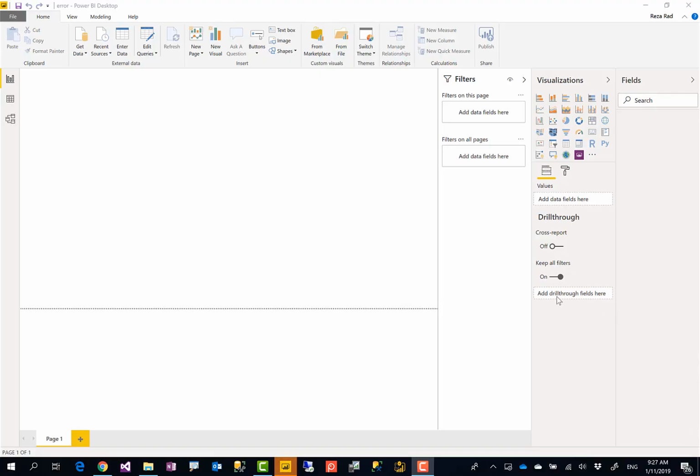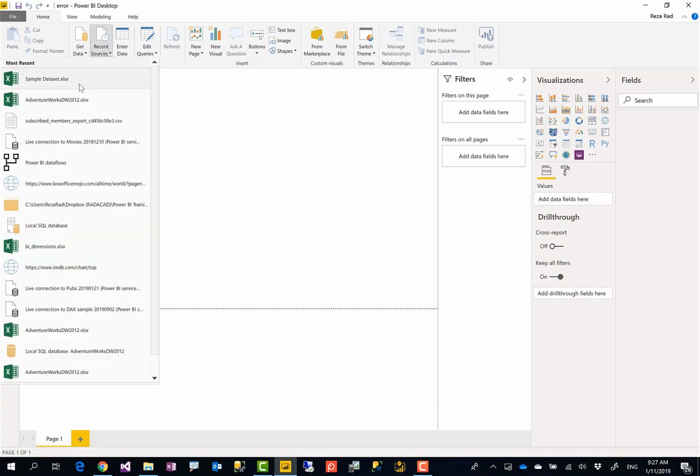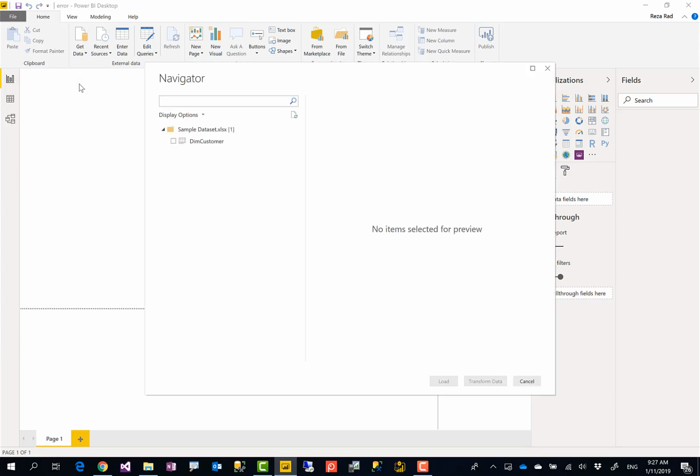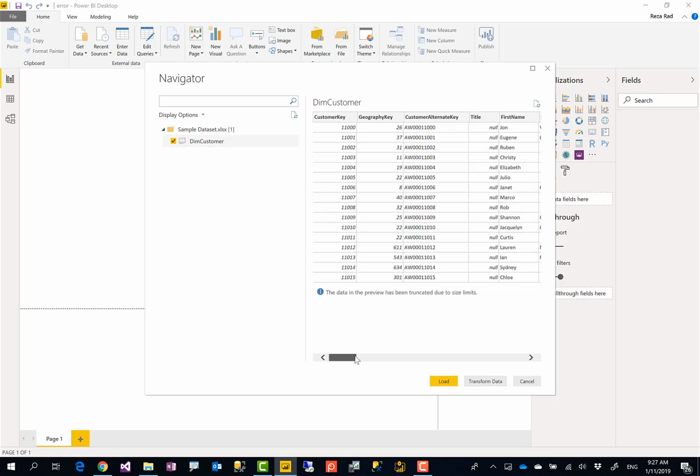Here I have a Power BI file which I'm going to show you an example of how the errors happen and how to handle it. I'm connecting to an Excel file. In this Excel file I have one single table, a customer table, which you can see has a few columns like these. Now if I go to transform data,